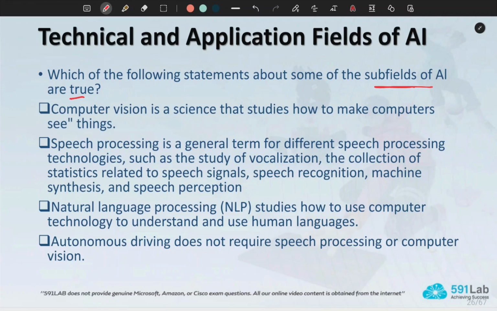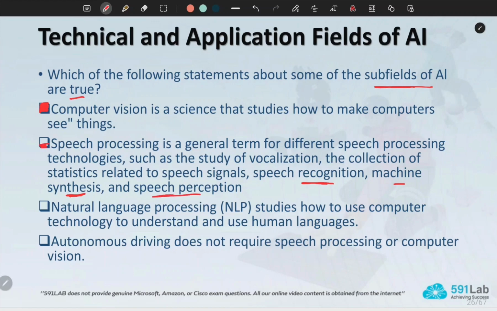Computer vision is a science that studies how to make computers see things. This is correct. So I will choose the first one. Speech processing is a general term for different speech processing technologies, such as the study of vocalization, the collection of statistics related to speech signals, speech recognition, machine synthesis, and speech perception.